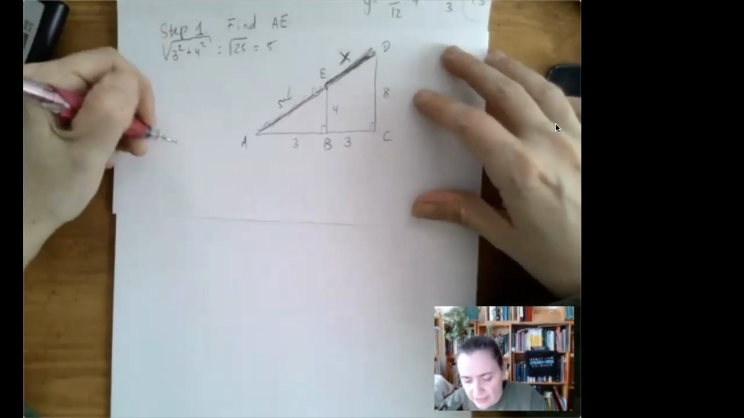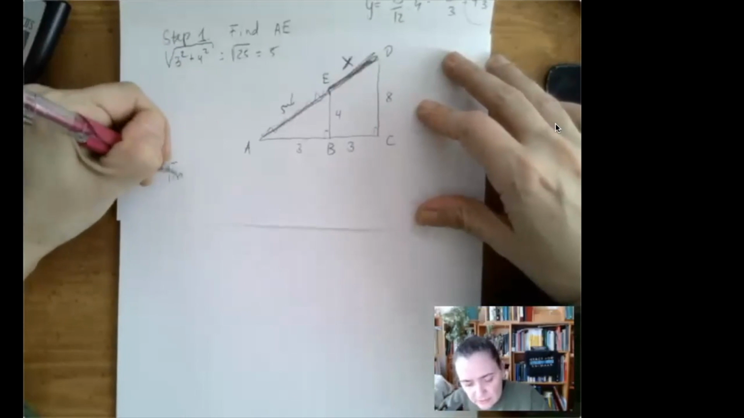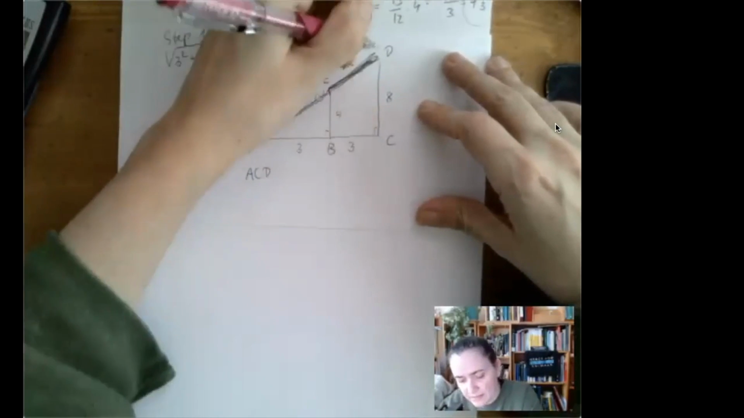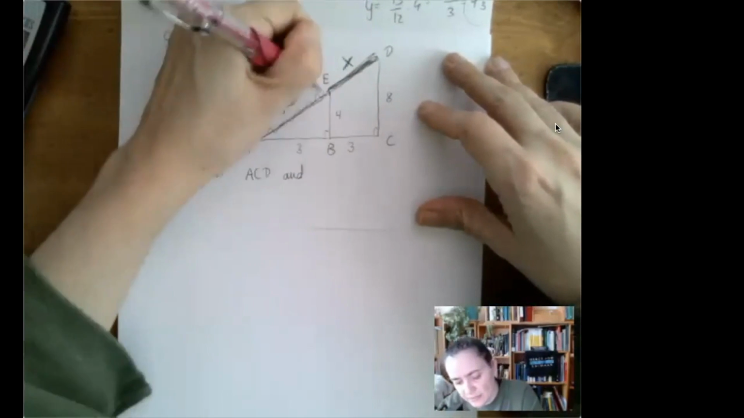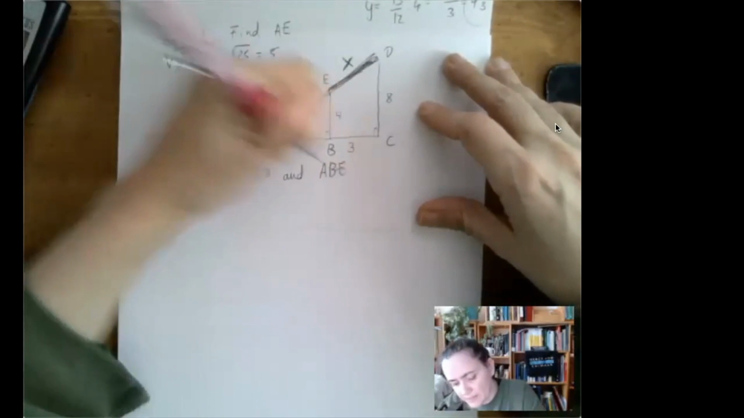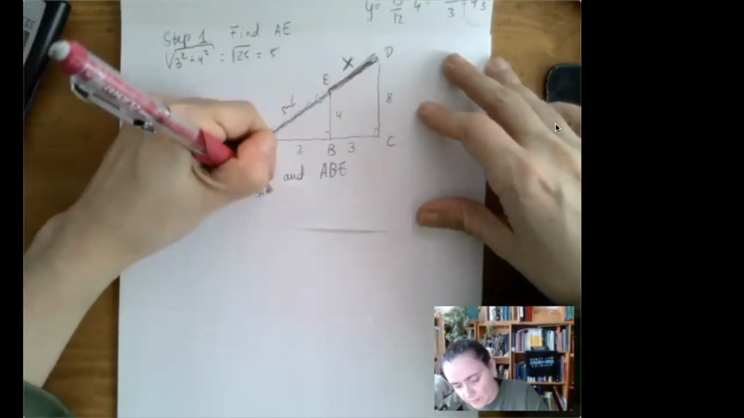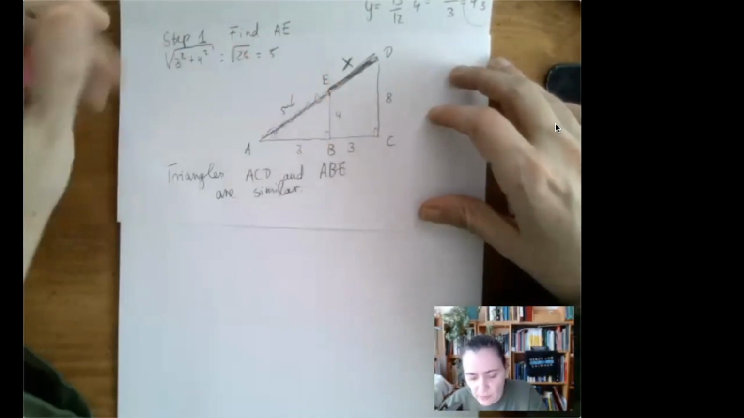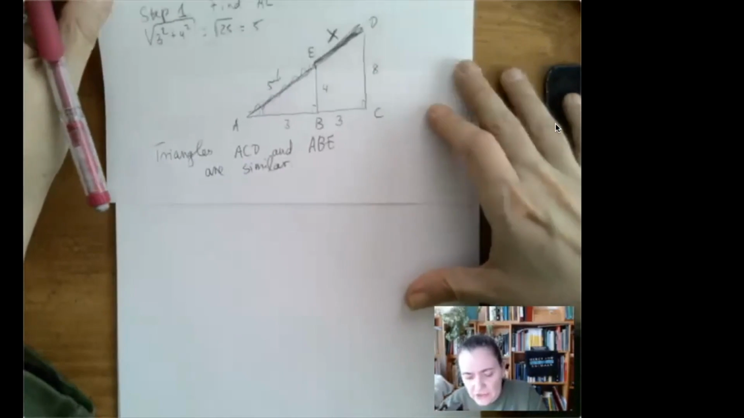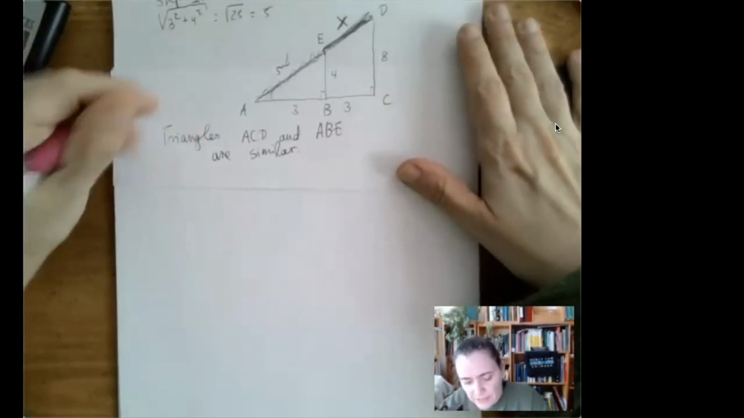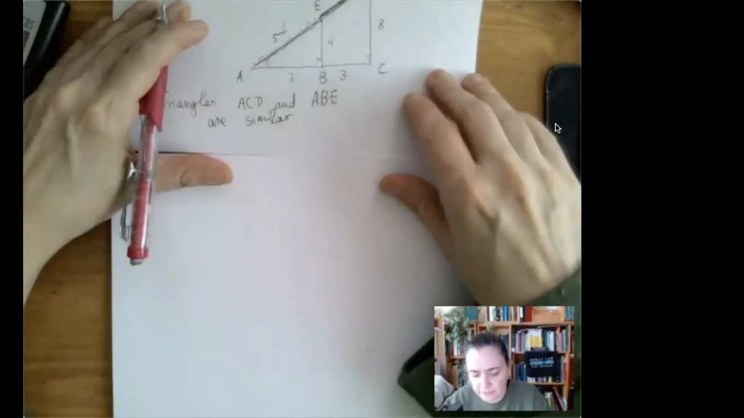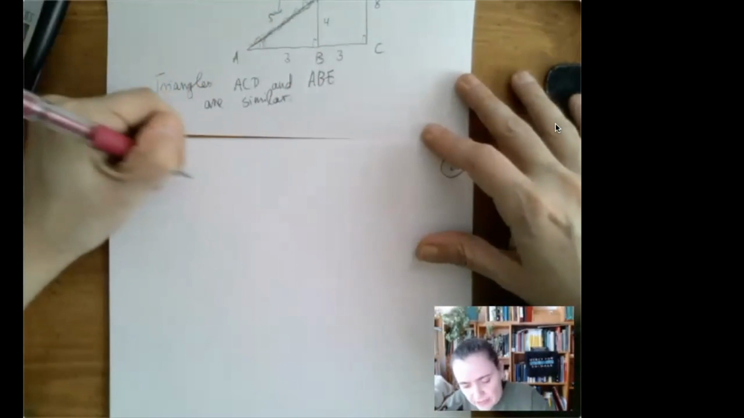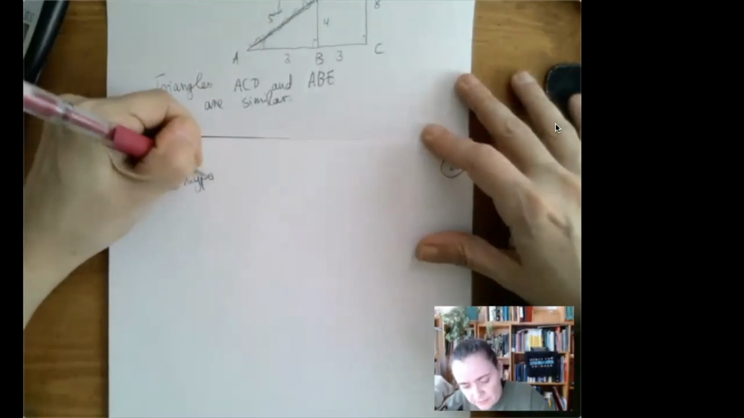Oh, so which two triangles are similar? Triangles ACD and ABE are similar. Why? They have the same angles. They literally share this one, and they both have a right angle. And so the ratio that we should come up with should include x. So that means hypotenuse. So we're going to look at the hypotenuse